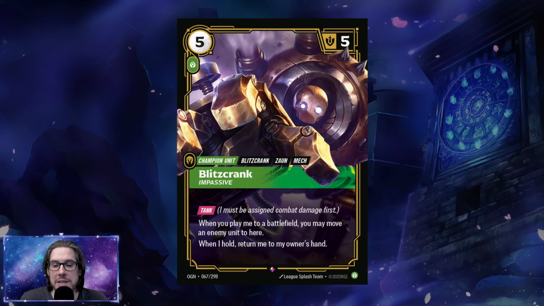But when you play me to a battlefield, you may move an enemy unit to here. We know that there are quite a few Calm-based legends that are all about defending or going tall on a battlefield and holding it, right? So Blitzcrank is admittedly the exact card that you wanted, because as we had the reveal season up till now,